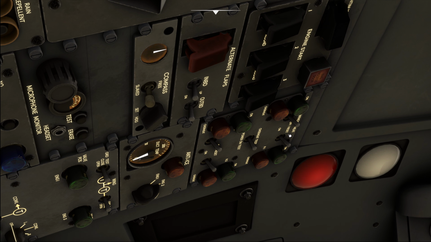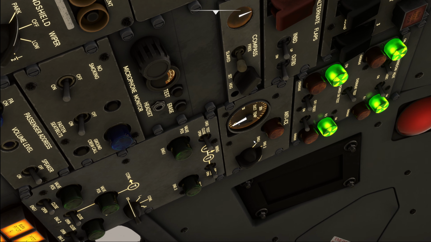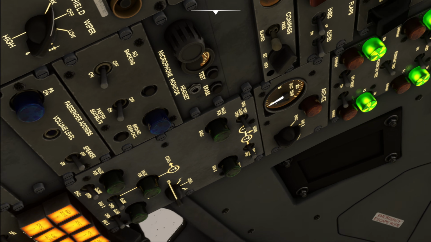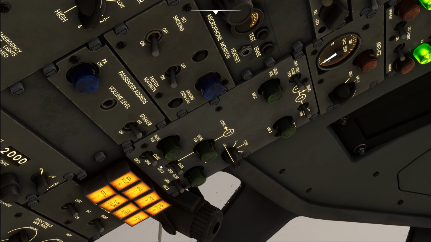Moving on to the fifth column then, we have our window heat system, which we are going to switch on. And then we are going to do the overheat test, so move them to the up position and ensure that the overheat lights all illuminate, and thereafter we put the switch back into the neutral position. We don't need to do anything on the anti-ice monitoring here, but going down to the actual anti-ice control panels,